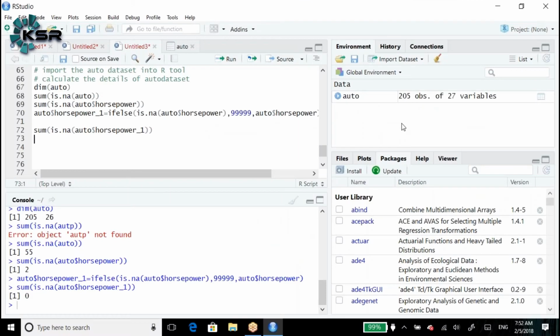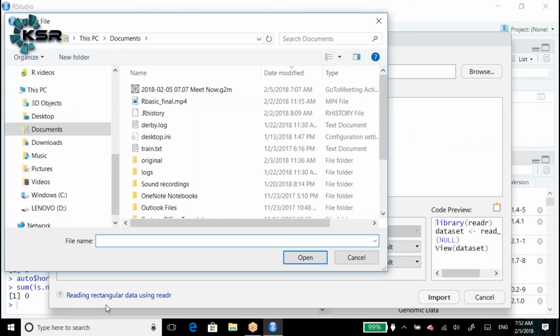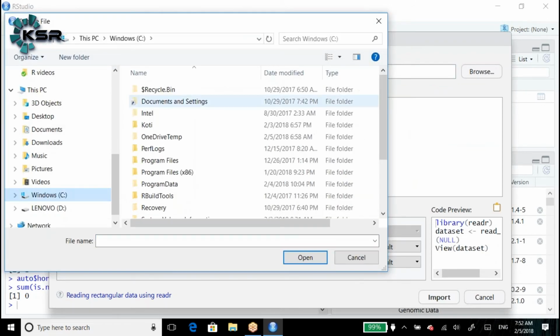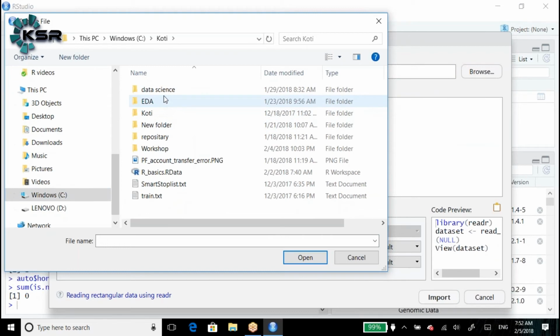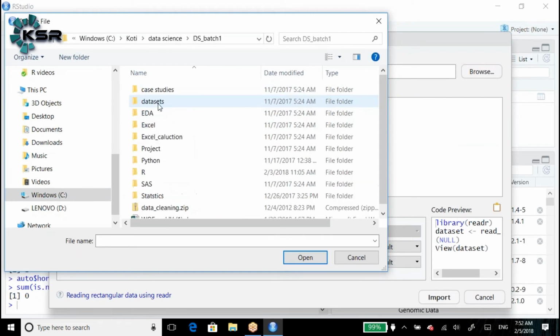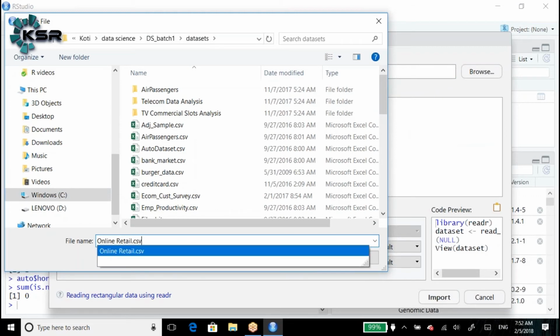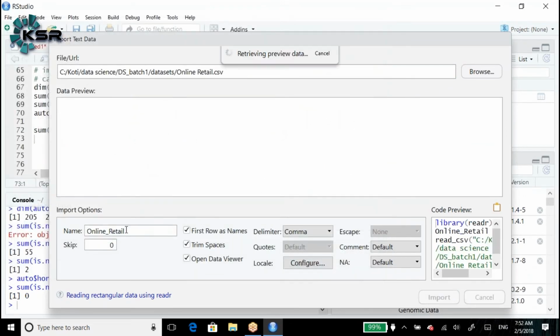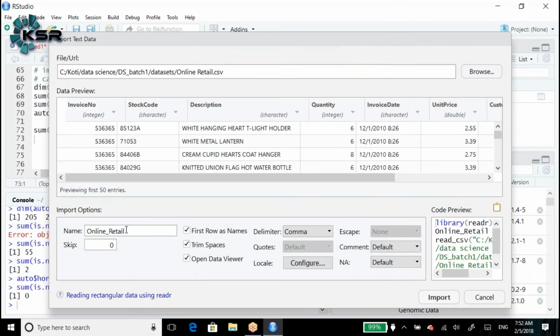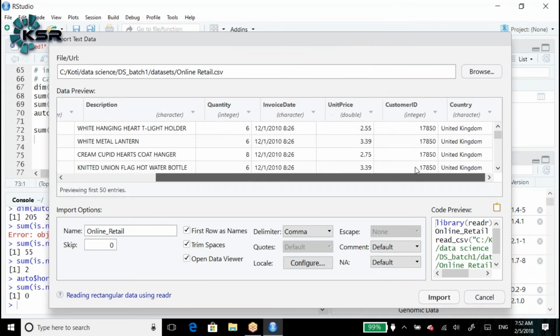Let's say here we don't have any price variable. Let's go to one more data set as an example, of the same kind. We are importing it.